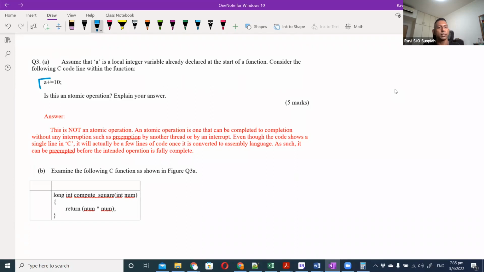So the question is, is this considered atomic? What is atomic? Atomic basically means it can be completed without preemption. Can this line be completed without any preemption? The answer is no, correct? We already saw this in our lecture slides. This is equal to A equals A plus 10, correct? And this is not